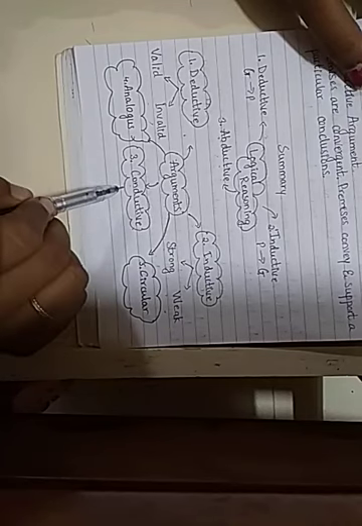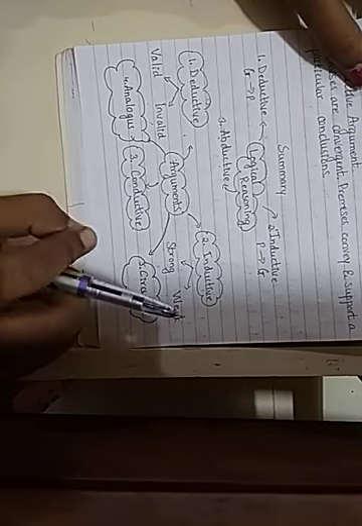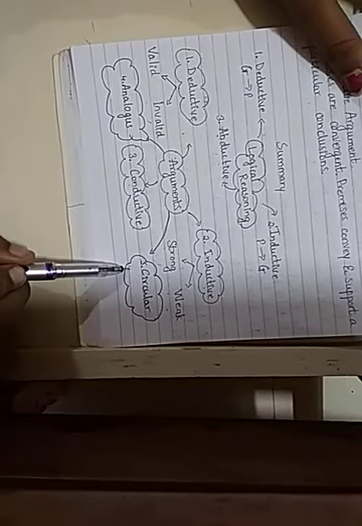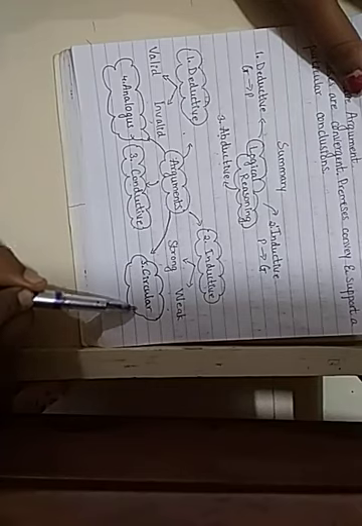Then the third one was conductive argument, where from certain premises we are coming to a particular conclusion. And analogous, when we are making a comparison between two things. And then is the circular argument, where from where it started it will come and end itself. So this is what in total we have learned in today's session.